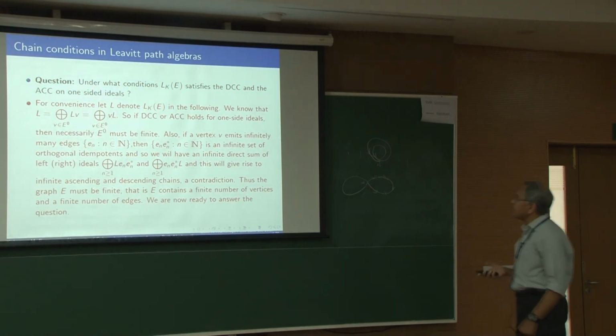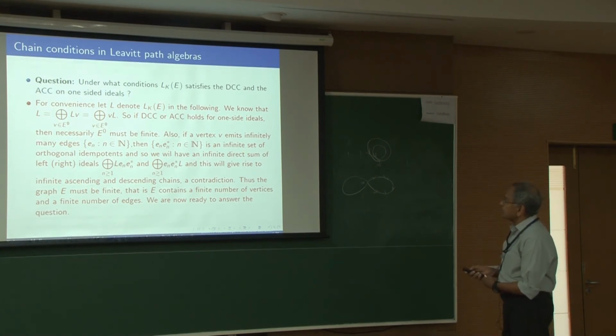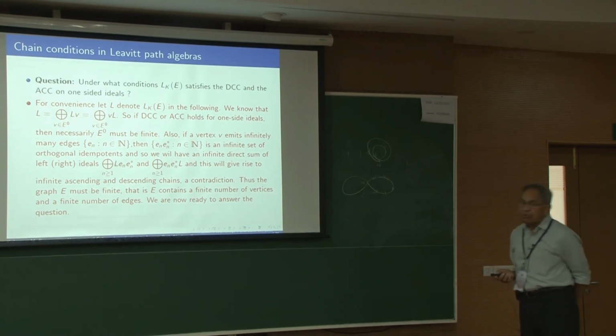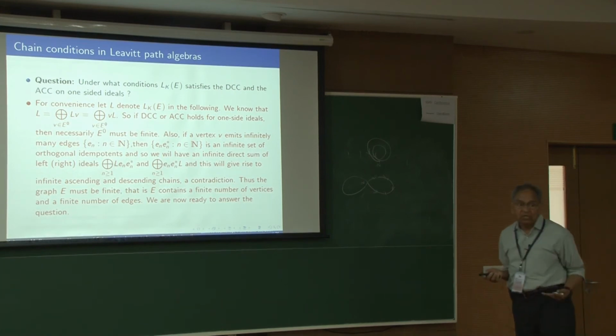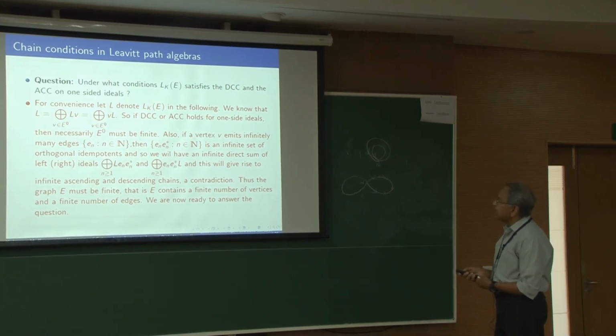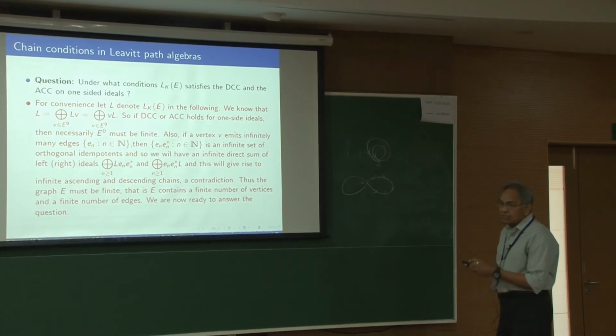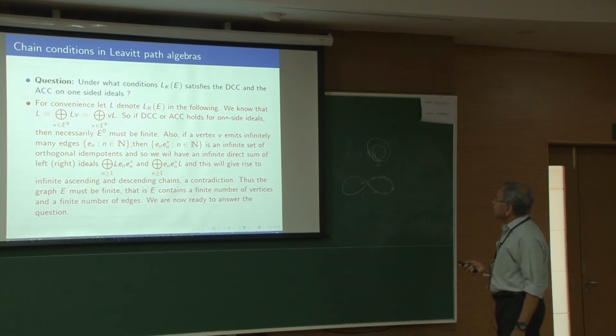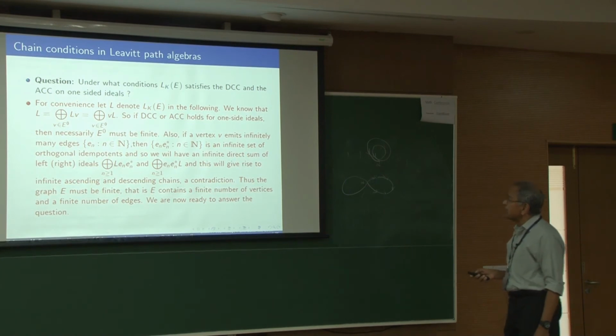But you see immediately from the node property of the Leavitt path algebra, because it decomposes as a direct sum, let's say left, of this many ideals. So for every vertex V, you have this left ideal, so L is a direct sum of that. So if it's going to satisfy ascending or descending chain condition, necessarily this cannot be infinite. Then you have a large chain you can generate here. So if the chain condition holds on one side, necessarily there can only be finitely many vertices because of